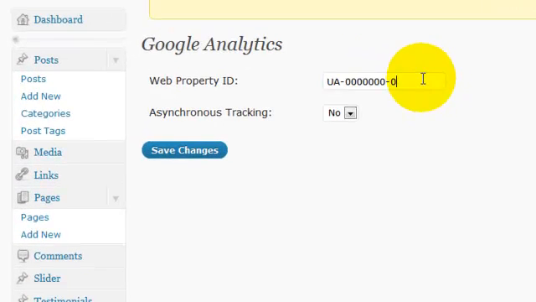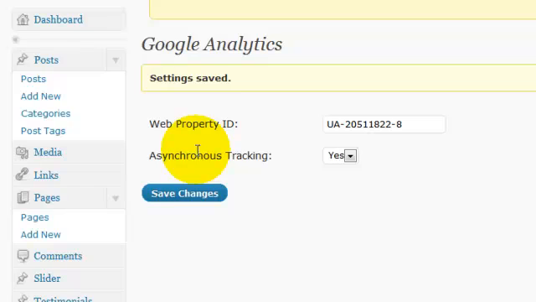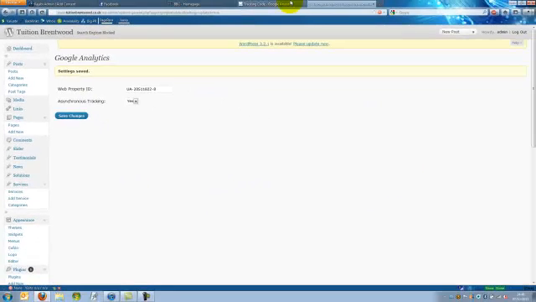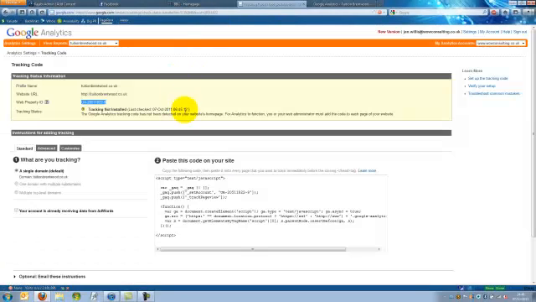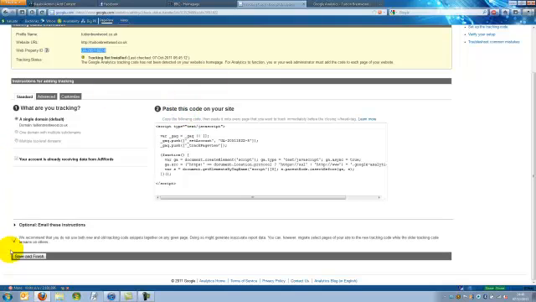Okay, so all we now need to do is just to paste in the property ID. I do want to enable asynchronous tracking, and then I'm going to save the changes, and that's all done. Now if I go back to my Google Analytics account and then save and finish,